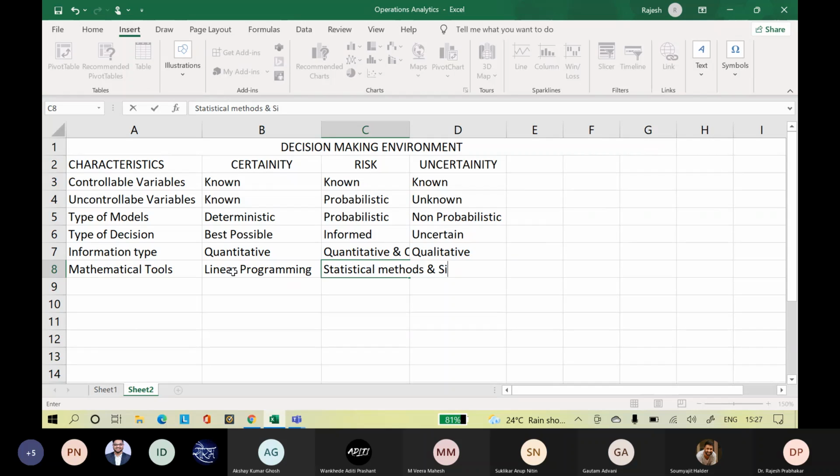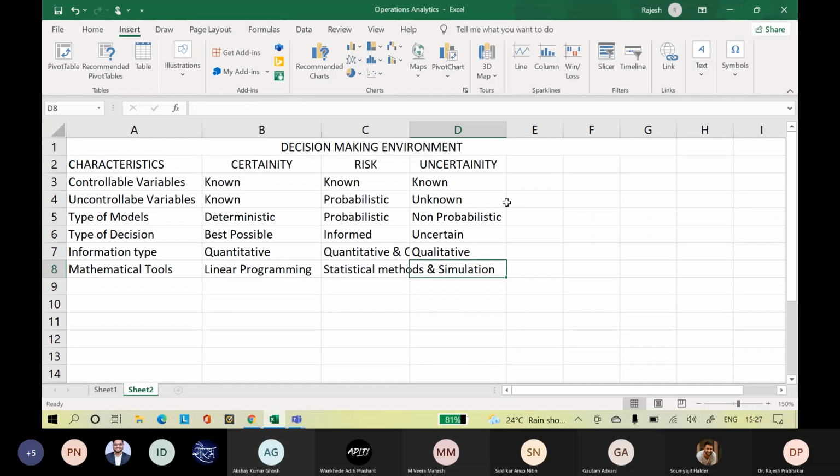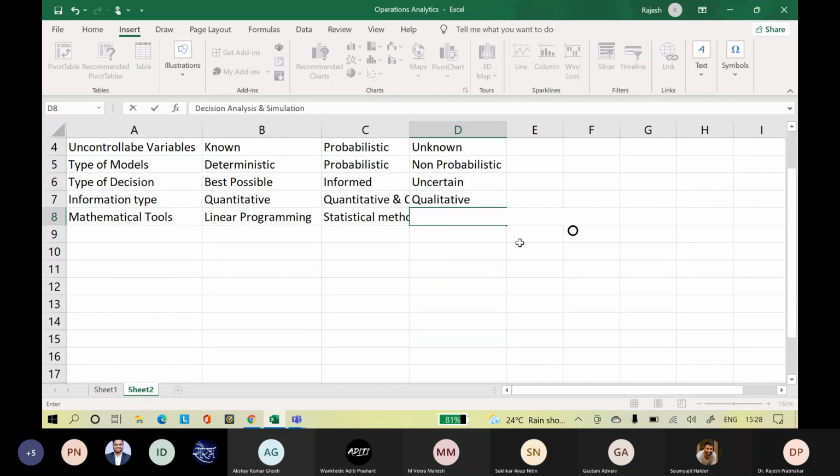And when you are making a decision under conditions of uncertainty, you need to do decision analysis, like cost benefit analysis, and you will also use simulation to understand the effect.